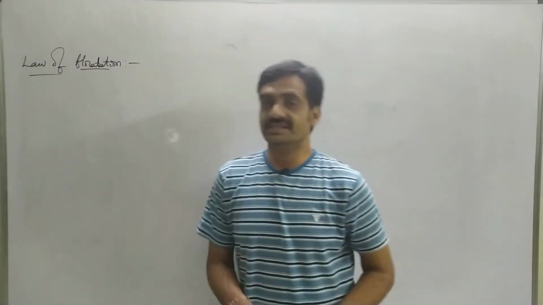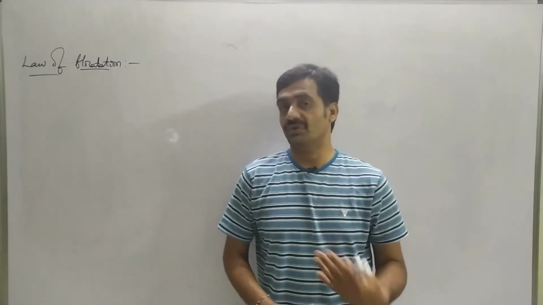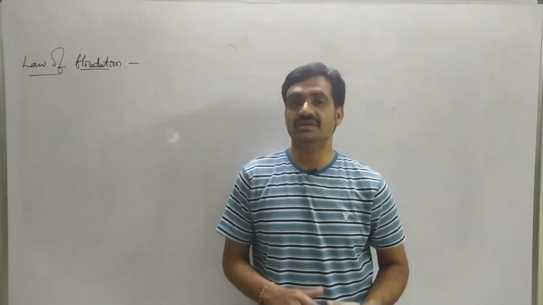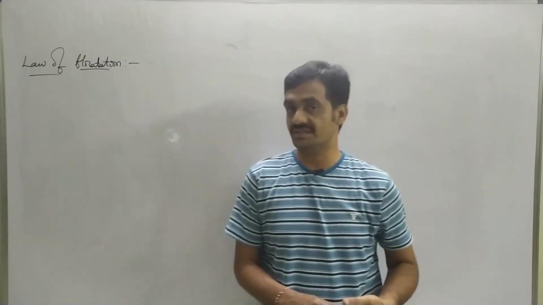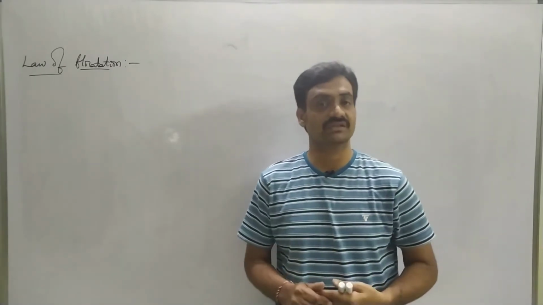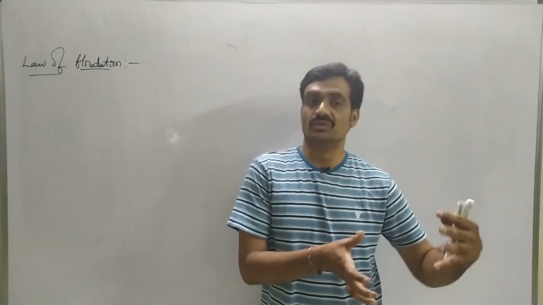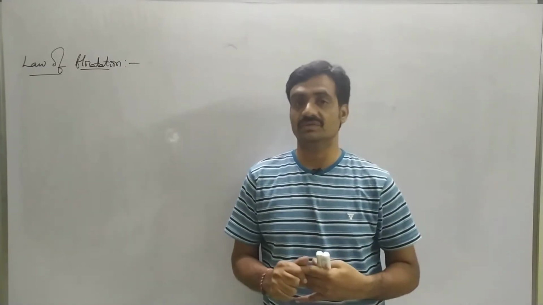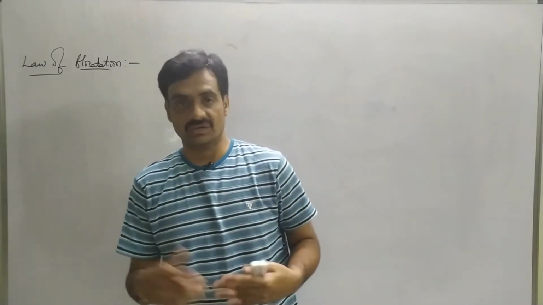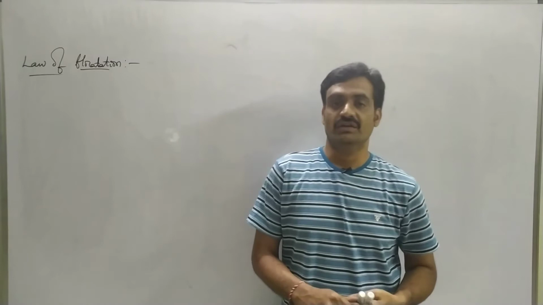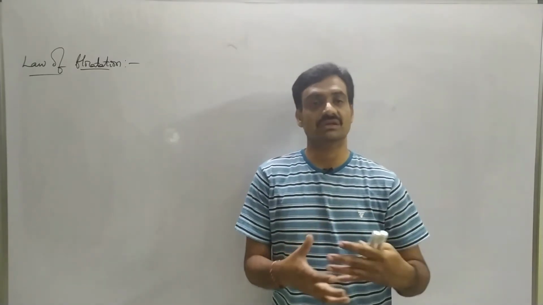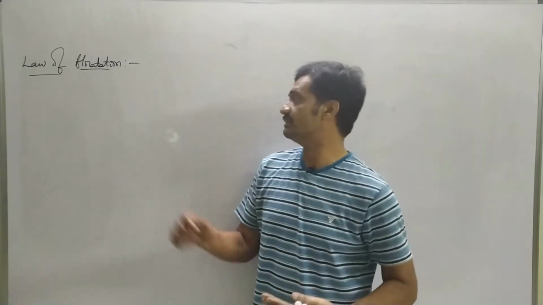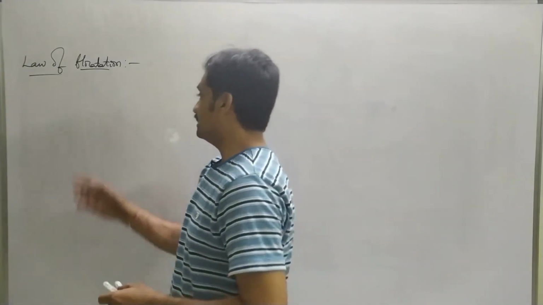Now here we are going to discuss the law of flotation. In this topic we are going to discuss why some bodies float on fluids, just like water, why a ship is floating on the surface of the water and why a stone is not floating on the surface of water. Not only water, we can consider any fluid: why some bodies are floating on the surface of the fluid as well as why some bodies are not floating is being discussed here.